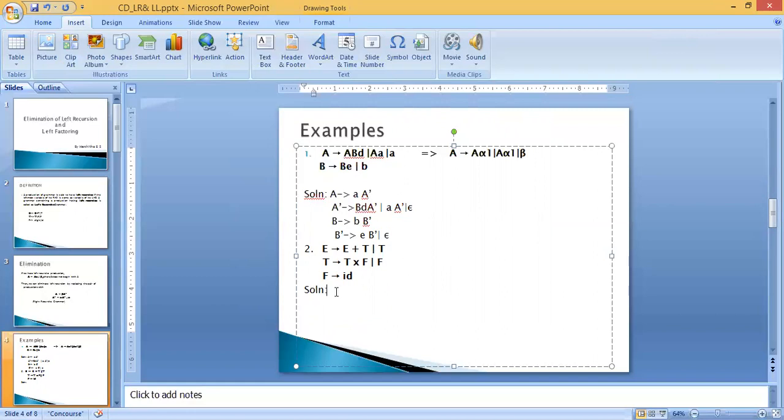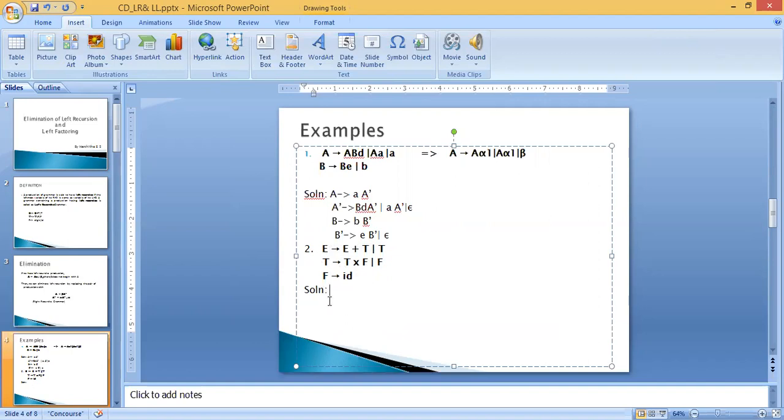So can you write for this? This example is very important in all the textbooks universally. This example of evaluating an arithmetic expression is taken as an example everywhere. I will just brief you. I will not write it here because it will take more time. Since you all know, we'll just say here this is left recursive, this is left recursive, this is not left recursive. So what should you write here, guys?